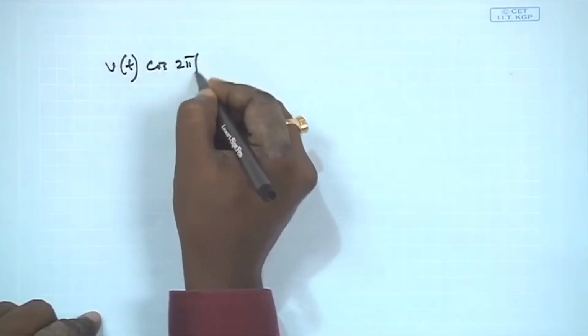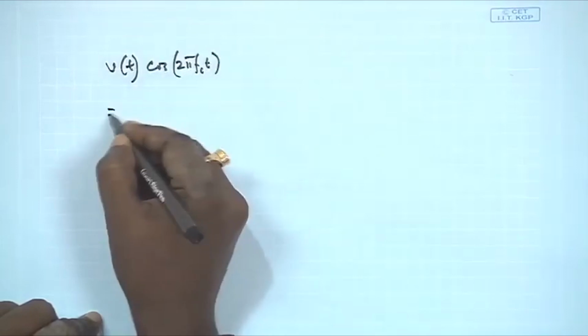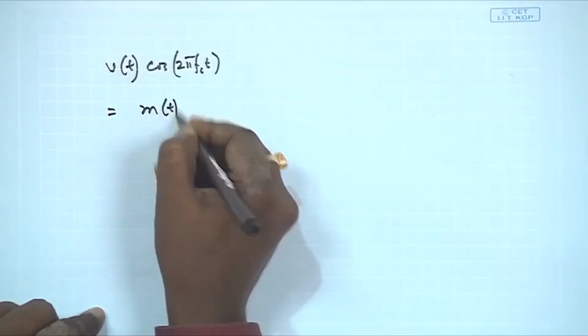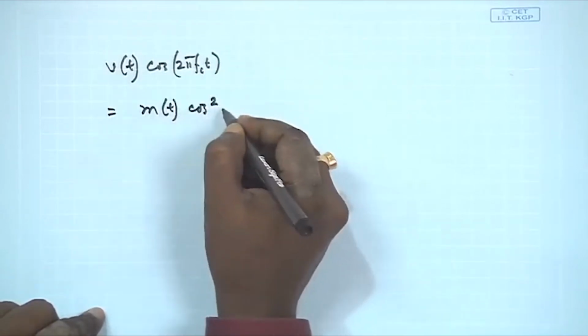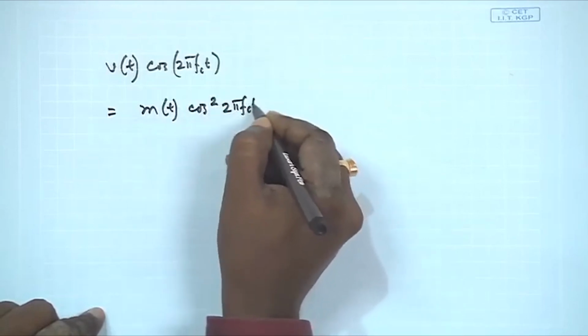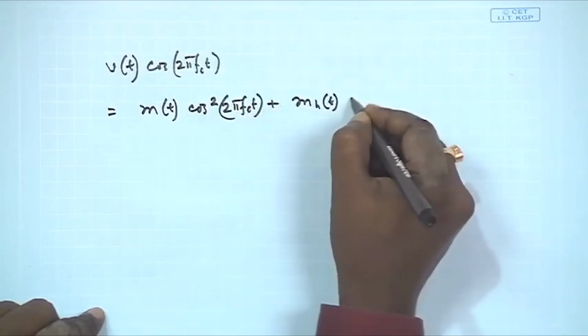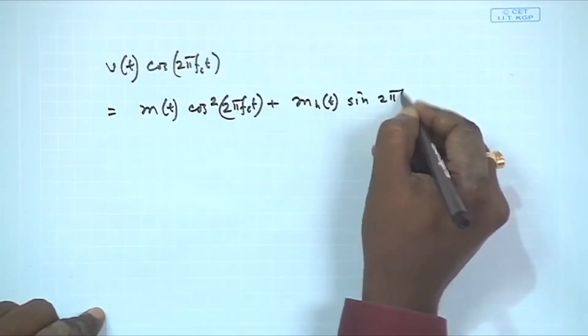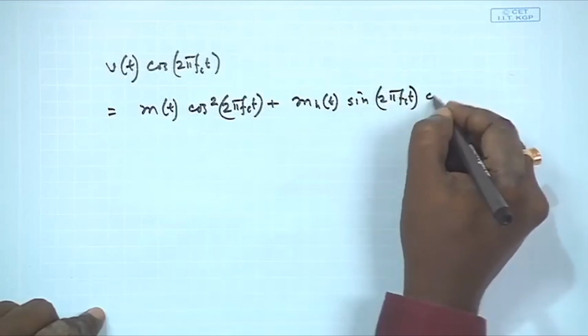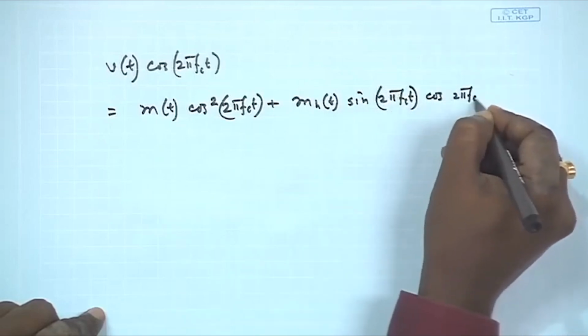So, this Vt will be now multiplied by cos 2 pi Fct, which is nothing but this Mt will be multiplied by this cos square 2 pi Fct plus Mht sin 2 pi Fct into cos 2 pi Fct